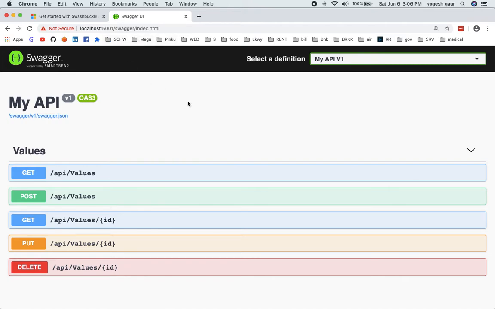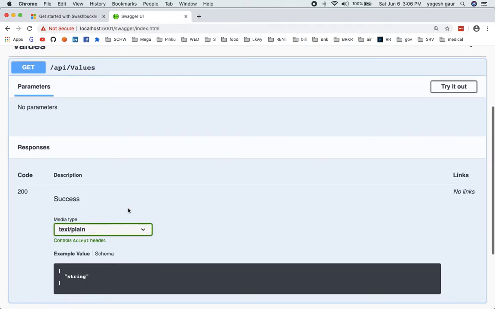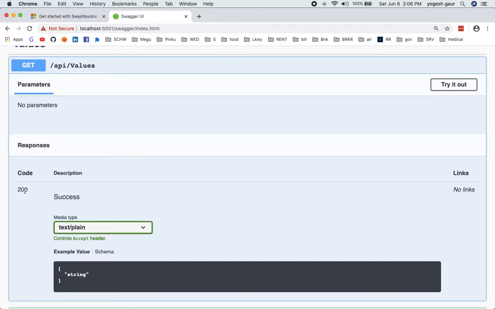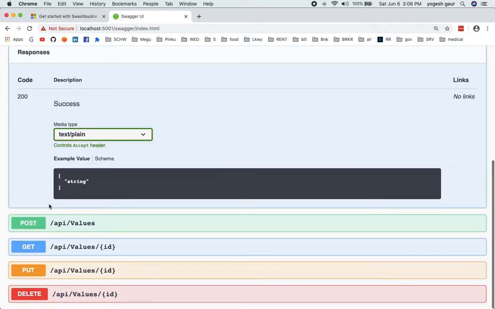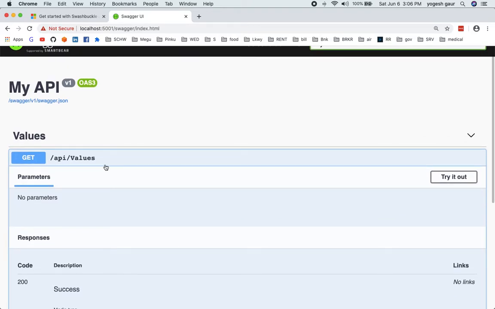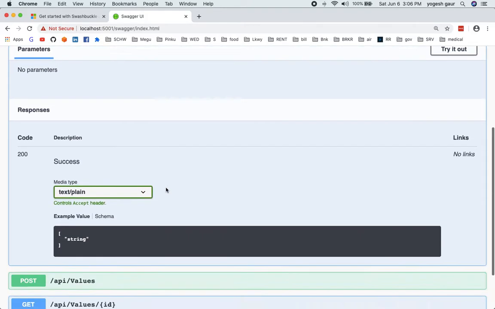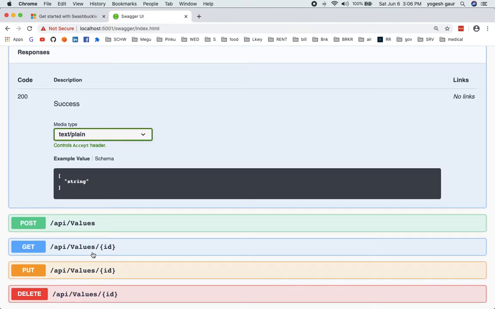Okay, so now we can see the Swagger output, and you can see what it supports. It supports the get, the post, get API values by ID and all that. Especially if you look at the get API values, it says it can return a code of 200 as a success and so on. And that's the only one it does. So you can easily see the endpoints it is supporting: API get API values, post, and then API values by ID and delete.